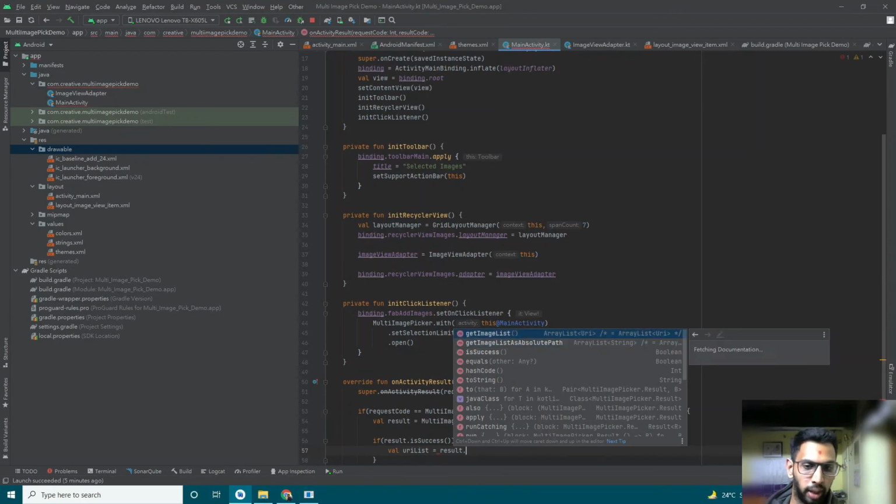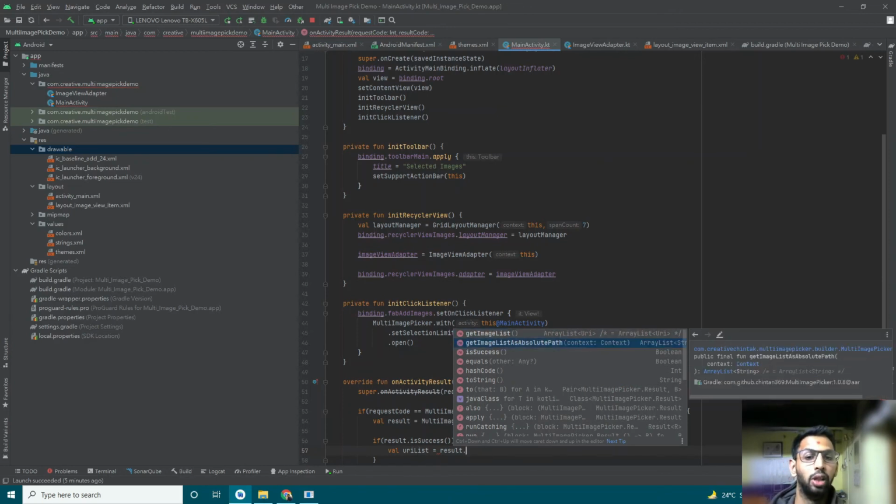So there are two methods, getImageList and getImageListAsAbsolutePath. getImageList will give you the list of URIs for the selected images, and getImageListAsAbsolutePath will provide you the absolute path that contains the full path from the emulated storage to the album and the image path.